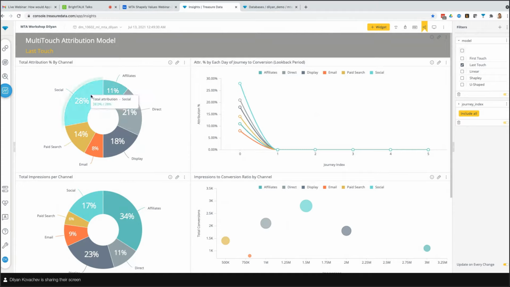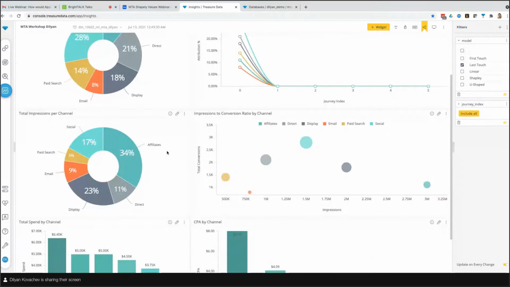Now you can see social and display getting a lot more, as well as affiliates, and email shrinking a lot. Paid search still kept a decent amount of its attribution, but these high frequency ads, social and display, got more credit, and everything adjusted in the dashboard.